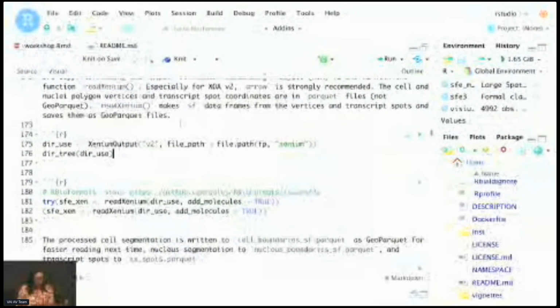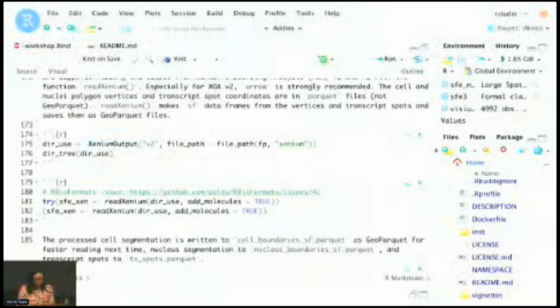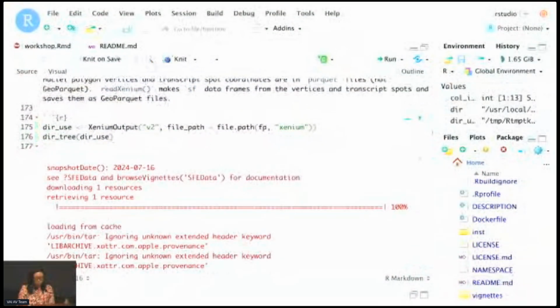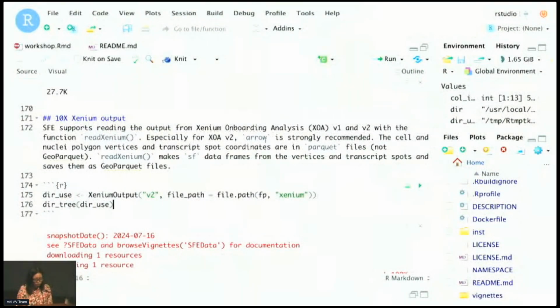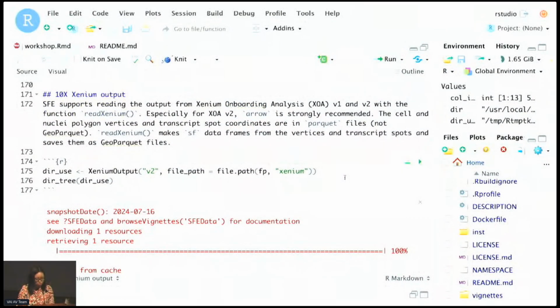All right, so next, 10x Xenium is another one of the popular, getting more popular commercial imaging-based technologies. Again, there is a subset of a real data set from the 10x website provided by the SFEData package. For Xenium, the pre-processing software, the Xenium Onboarding Analysis, already has 2 versions in release.